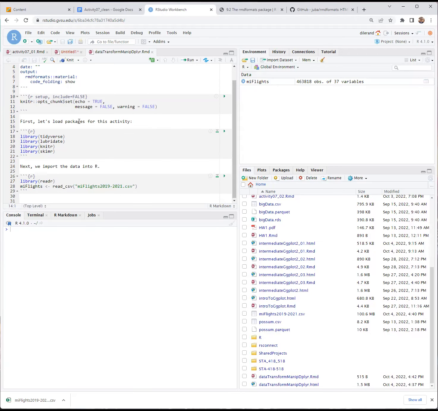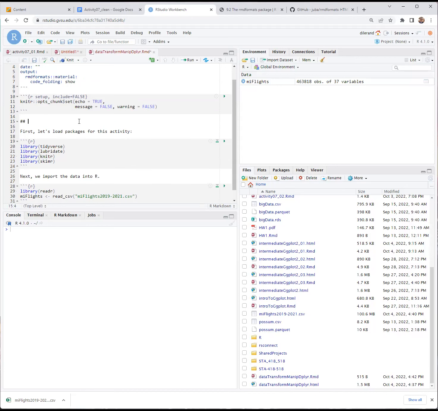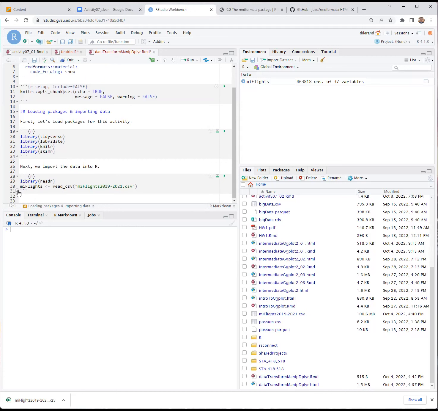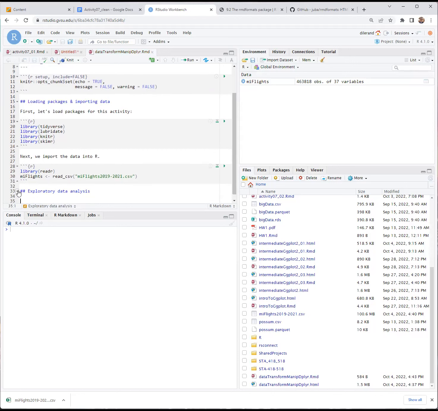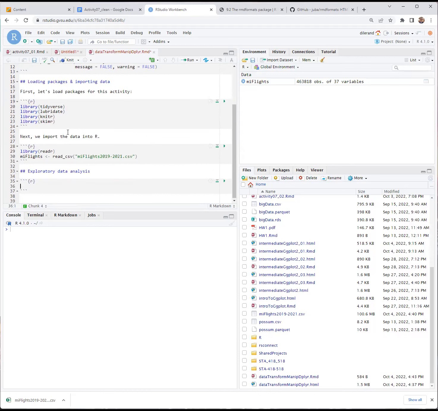All right. So now we'll use the skim and glimpse functions to explore characteristics of the data set here. So we'll say like, this was loading packages and importing data. And then down here, we're doing exploratory data analysis. So using glimpse, we'll take a look at the data set here. And then we'll also use skim from the skimr package. Now, if we knit,